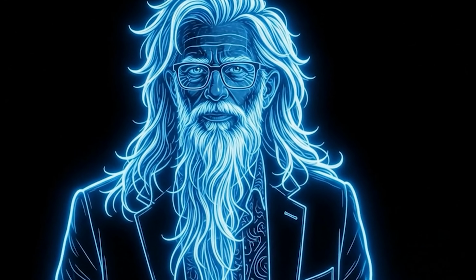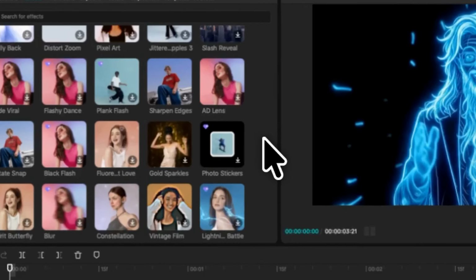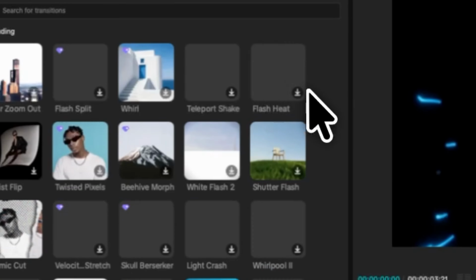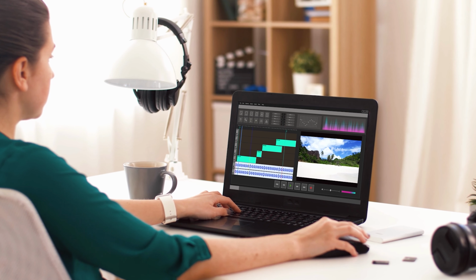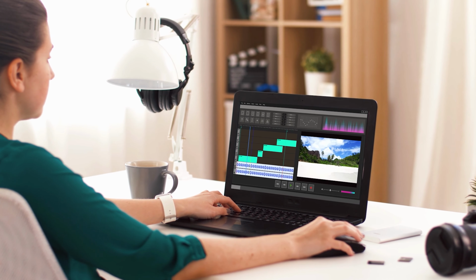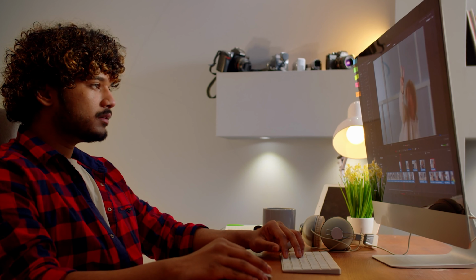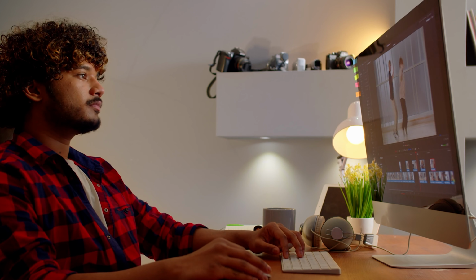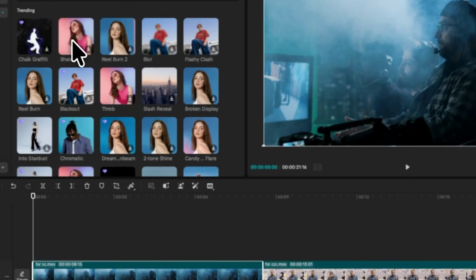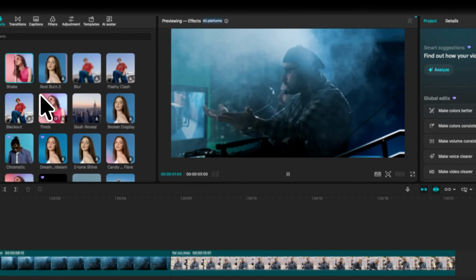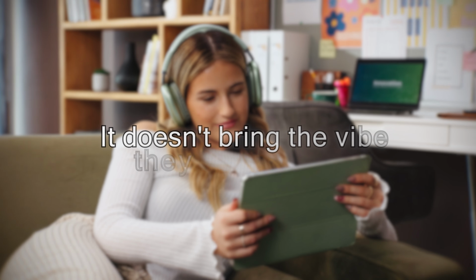But here's the issue. Most beginners learn the effects, transitions, and flashy animations, but when they actually sit down to edit a real video, they get stuck. The timeline becomes messy. The pacing feels wrong. The video starts feeling boring halfway through. And no matter how many effects they add, it still does not feel okay, and it doesn't bring the vibe